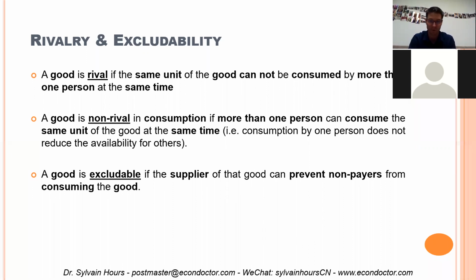the good or service. Something that I want to say, and that is very important, here the concept of excludability is not about do we have to pay or not. It's really about, is it possible to prevent people who have not paid from accessing or consuming the good or service? So for example,